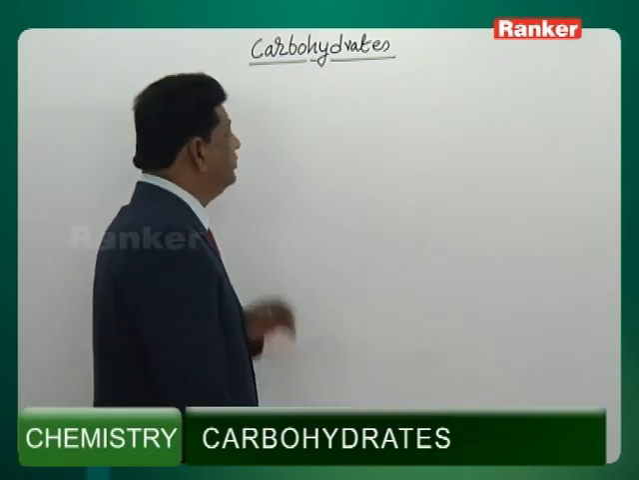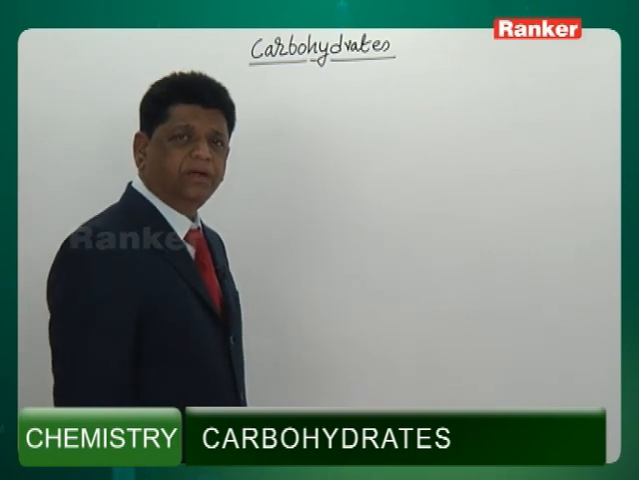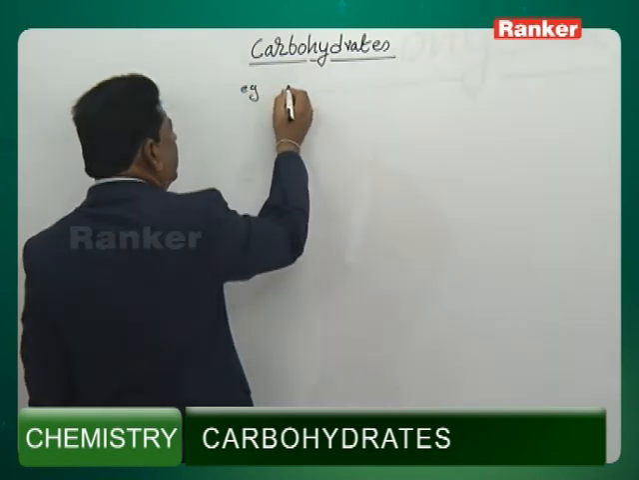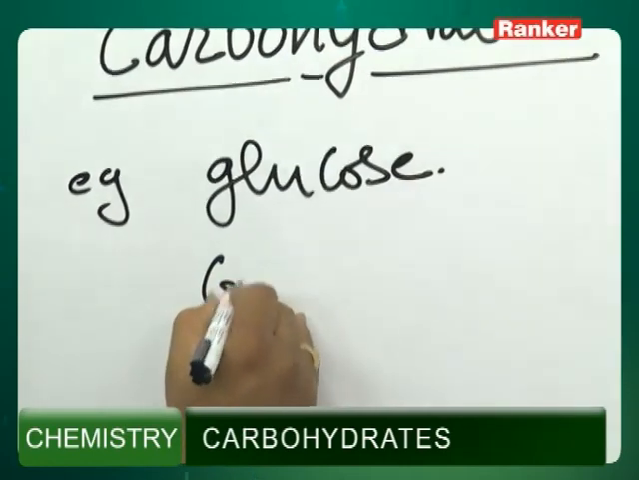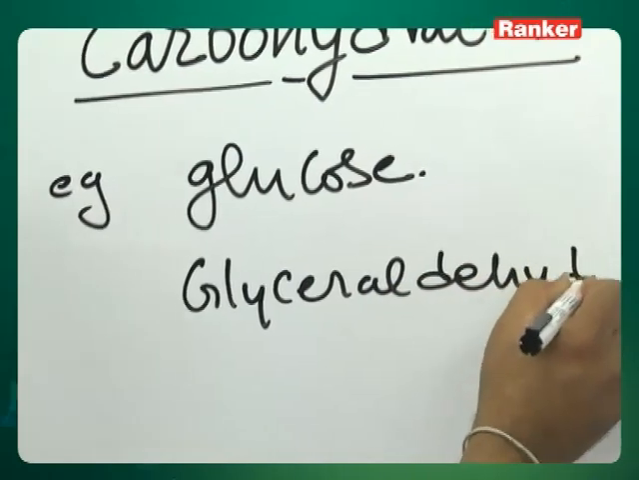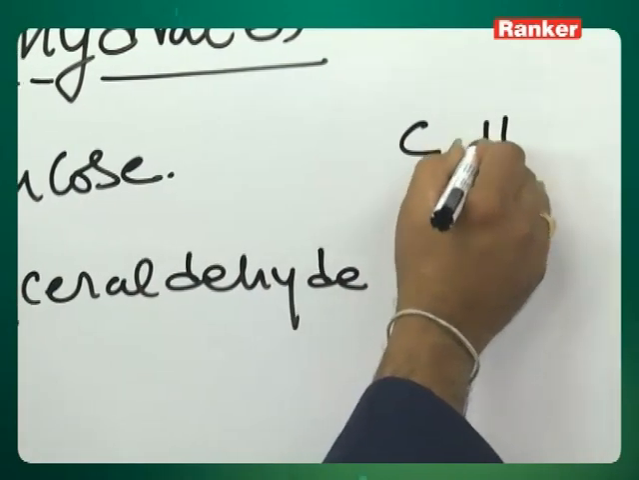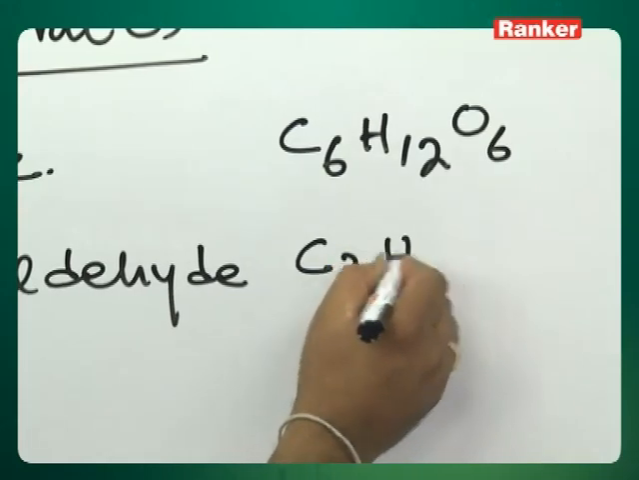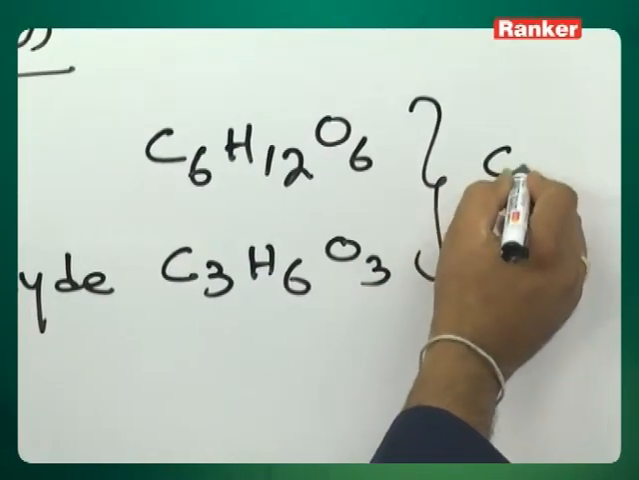Today we'll take some points on this particular topic called carbohydrates, which comes under a part of the biomolecules. Some examples of these carbohydrates are glucose and glyceraldehyde. If you observe their formulas, the molecular formula of glucose is C6H12O6. Glyceraldehyde has the formula C3H6O3, which can be summed up like this: